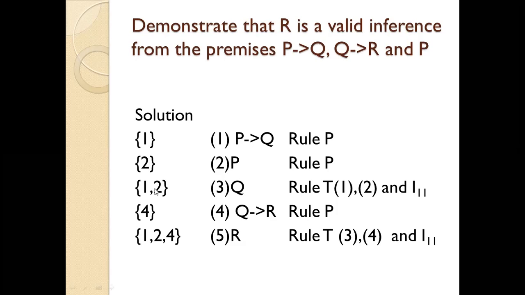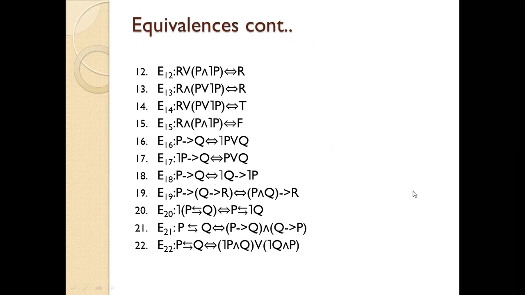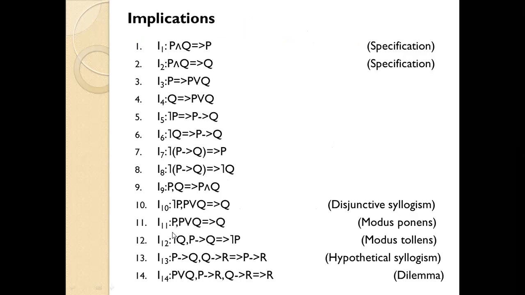So from 1 and 2, दोनों पहले और दूसरे से, ये पहली इक्वेशन और ये दूसरी इक्वेशन, इससे हमने क्या डिराइव किया, Q. तो यहाँ पर Q कैसे डिराइव किया, ये Q जो है डिराइव किया बाय रूल T. रूल T ये बोलता है कि जो हमारे पास में प्रीमाइसेस दिए हुए हैं, जो इम्प्लीकेशंस और इक्विवेलेंसेस दिए हुए हैं, उससे आप इसको डिराइव कर सकते हो. तो हमने यहाँ पर रूल T अप्लाई किया. ये 1 अप्लाई किया, ये 2 अप्लाई किया और इसमें I11 अप्लाई किया. Identity number 11.